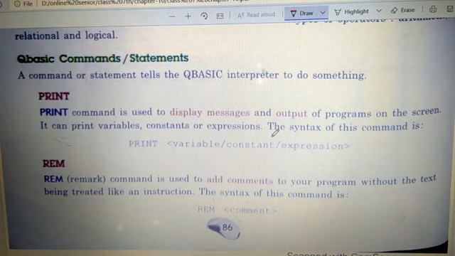Fine. Next one is rem, rem. This is for remark, children. Like this command, if you use it, it helps you to add comments to your program. So children, if you're making a program and if you want to add some comment, okay, this program ends here or the second part starts here, that type of comment doesn't have to be printed, but you should know where it is starting, where it is ending. So that kind of comment, if you want to add, you can use rem, that is for remark.